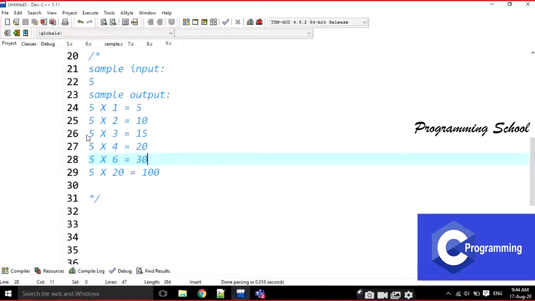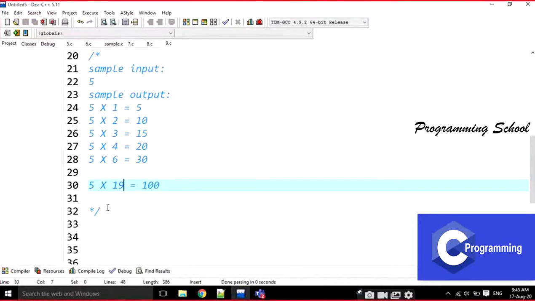Look at here. There is no 5 here. It is going to be ended with, for example, 19. There is no 5 here, there is no 10, there is no 15, and there is no 20. Why? Because we are not printing these values. For example, what are the 5 multiples? 5 multiples are 5, 10, 15, and 20, right? And we are not printing these values. For example, if it is 3, we are not printing 3 3s are 9. Okay, 3 6s are 18, 3 9s, 3 12s, 3 15s, 3 18s.